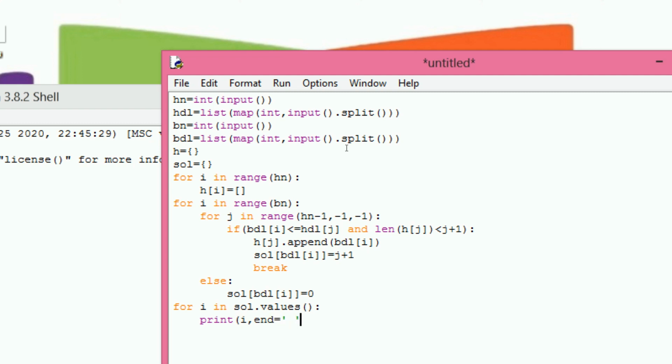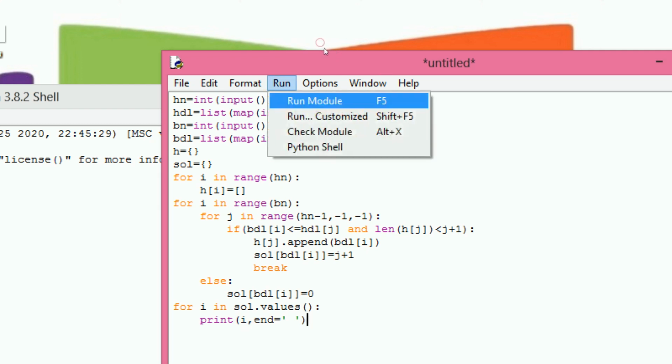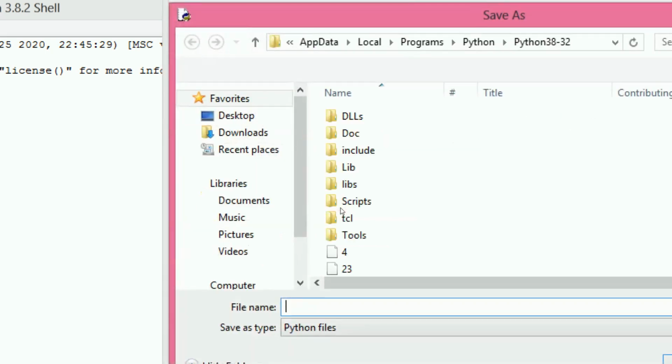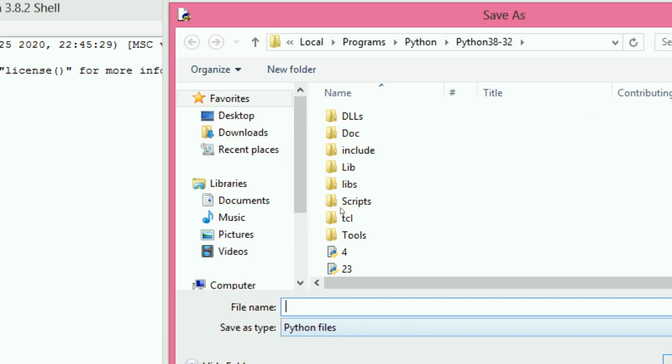That's it. Now I can execute this program. Save. Balls.